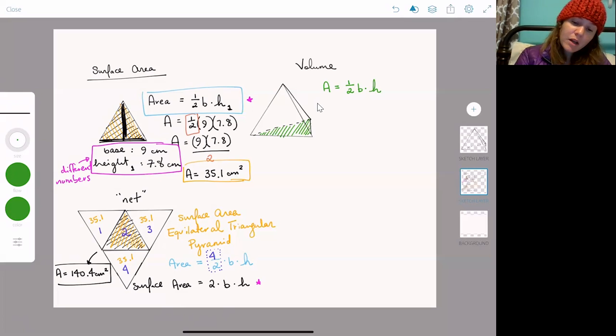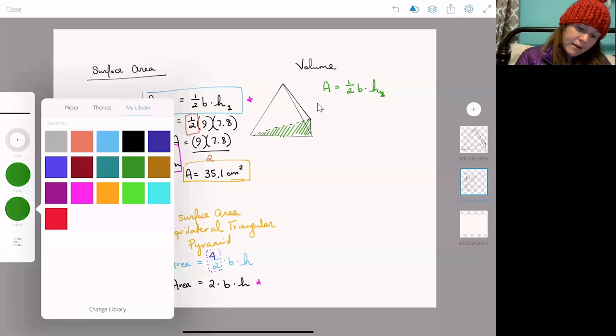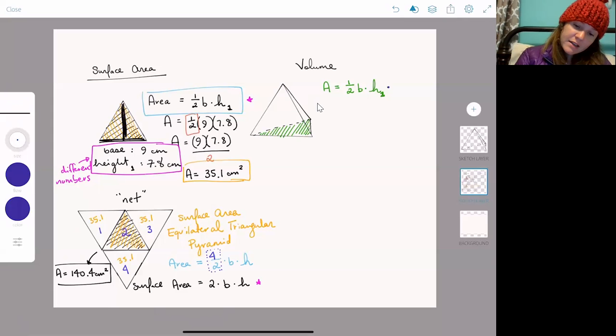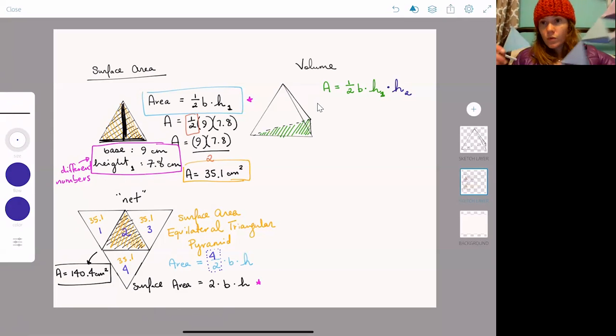And this is where that height 1 matters, okay? So the height here is going to be different from the height here. And so what we're going to do is we find that value, and then we want to multiply that by our second height, okay? Because when we're talking about the area of a pyramid, the height of a triangle